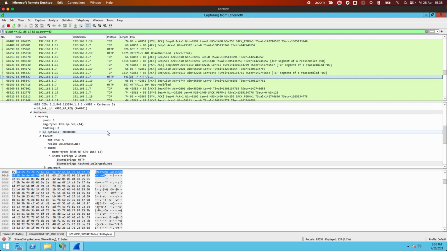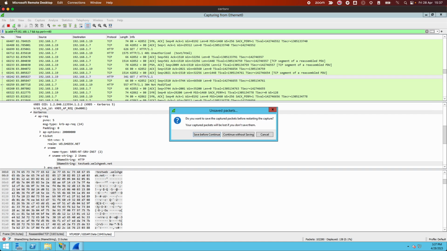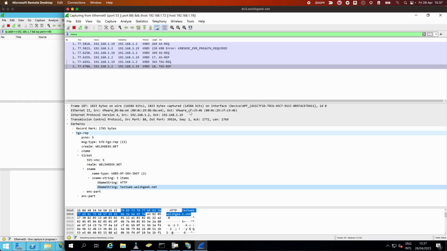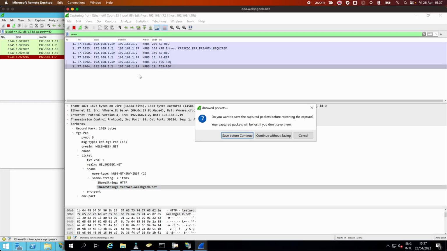So the client's able to get the Kerberos ticket, that's all fine. The web server is able to decode it, that's all fine. The CNAME flattening is just working. Now, I'm going to restart this capture again. One issue that I did see